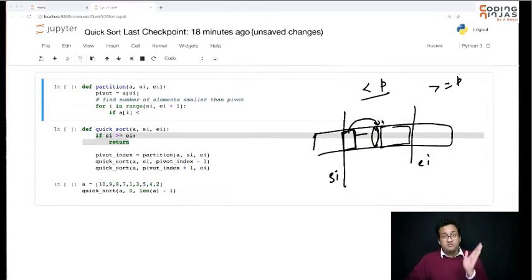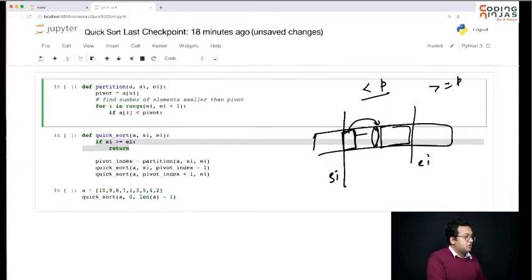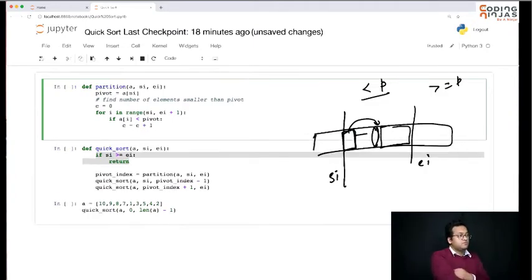So equal elements go to the right side. Then I need to maintain a count. So let's take a c, which is 0. c is equal to c plus 1. So when you complete this for loop, you should have the number of elements which are less than the pivot.